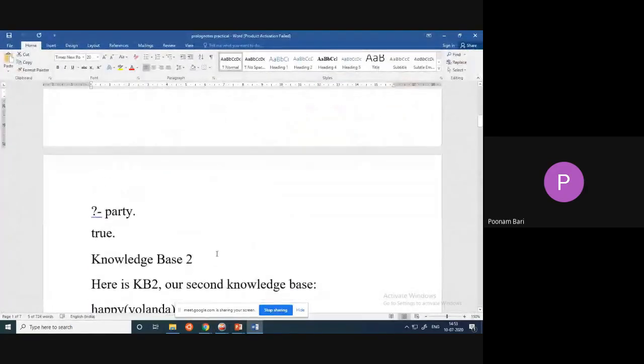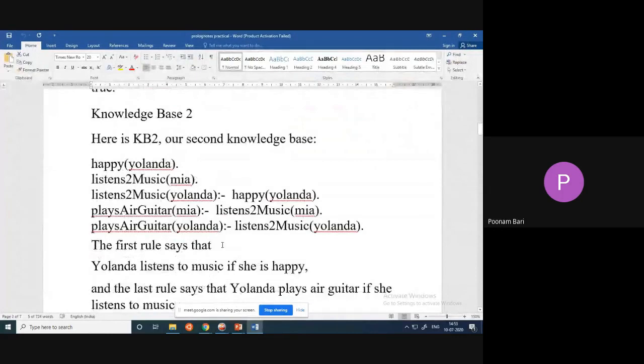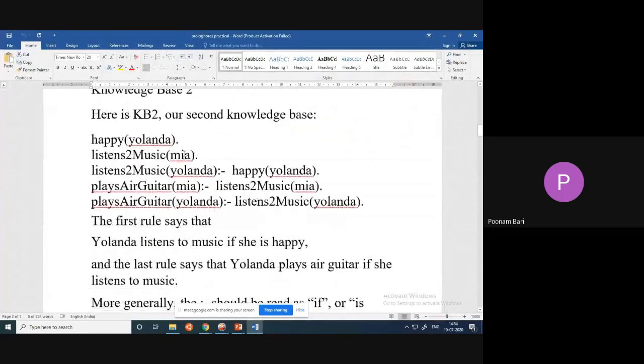We'll go for the next knowledge base. You can see this knowledge base has facts: happy Yolanda, listen to music Yolanda. Then a rule: listen to music Yolanda if Yolanda is happy. Plays air guitar Mia if Mia listens to music.